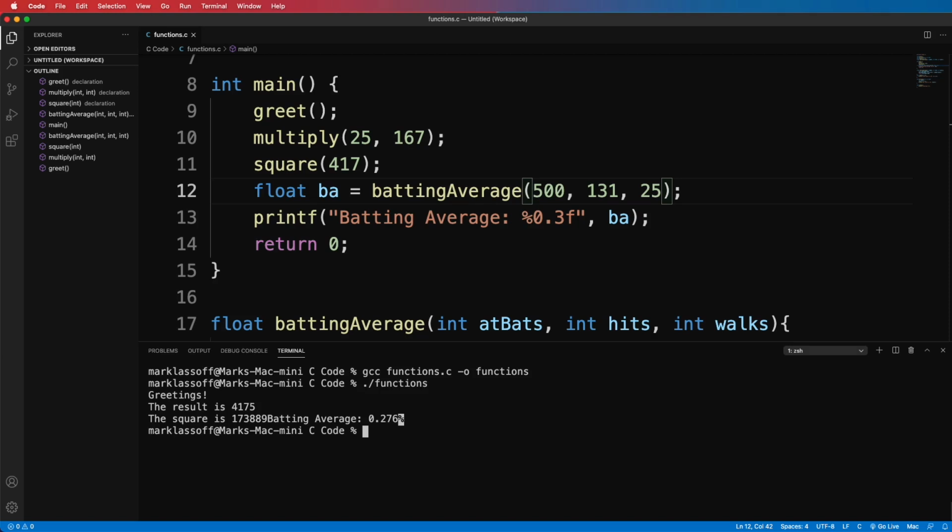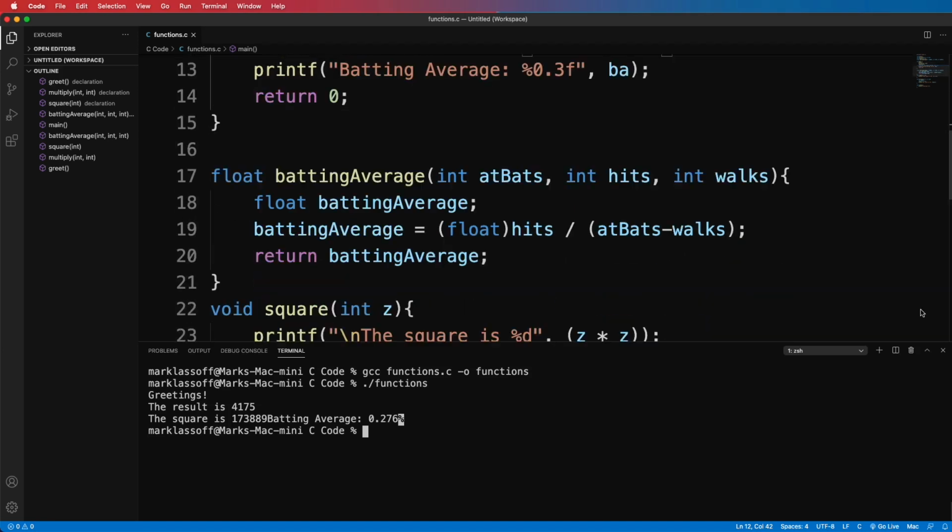Keep in mind that these functions are more useful if they take parameters and return a value. This batting average function that I just wrote on line 17 can be used again and again in a number of different programs, because we know what parameters it takes and it returns the value. There's no specific implementation with what we do with the return batting average value. For example, our program could put it in a database or display it on a large screen within a stadium or many other things. It doesn't necessarily have to just print it out to the console. That's what we're doing with it, but we don't have that implementation in our function, making our function more transportable.